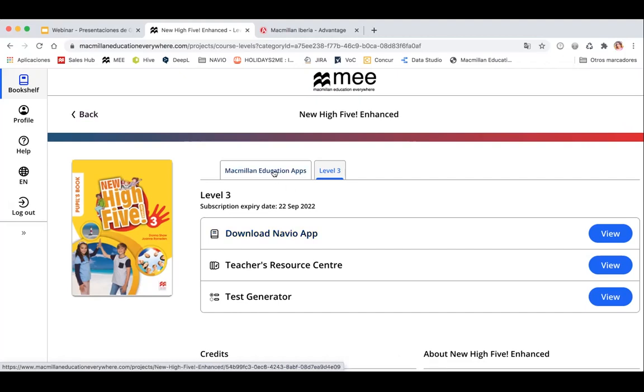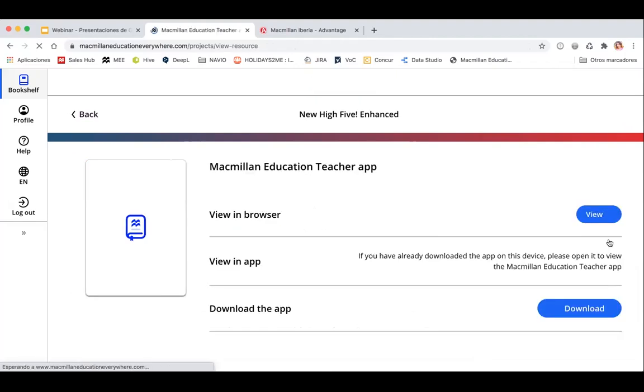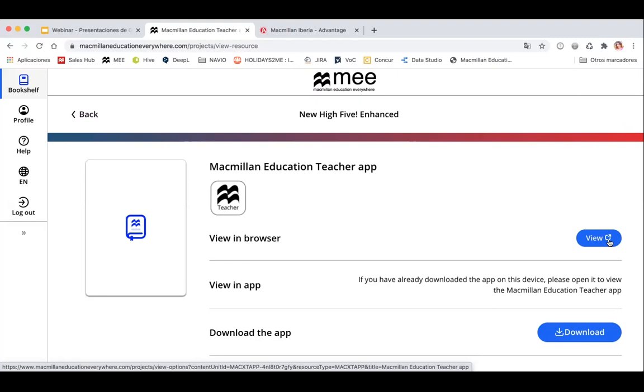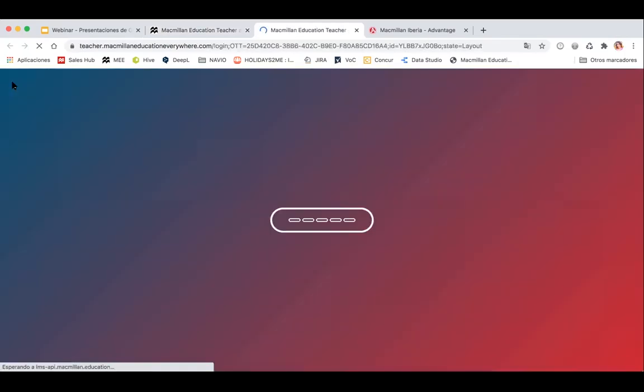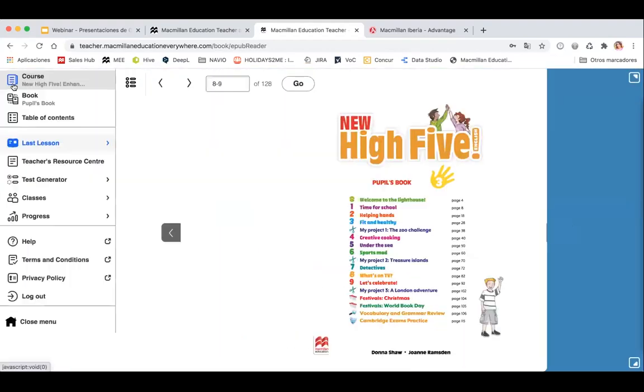Your teaching materials this year are here in the Macmillan Education Teacher App. So let's click on view. And here we can see the first change compared with last year, which is that we have an online version. You can download the app to access offline, but now we can also access online using the web browser. Let's click on view to open the content. Okay, let me go to the main